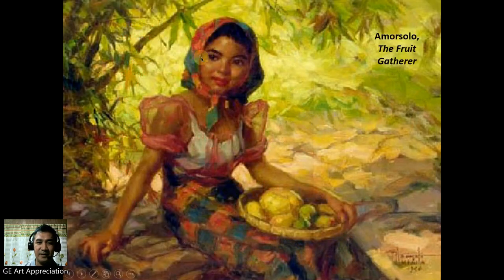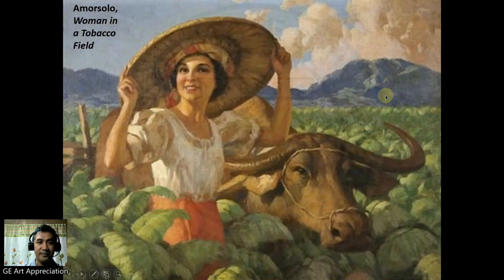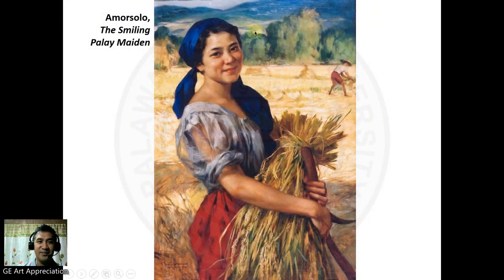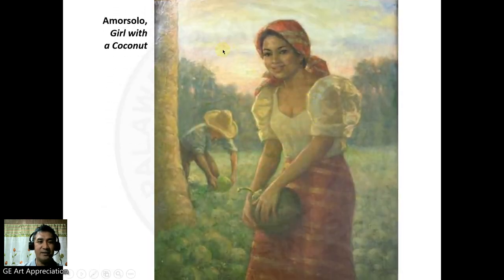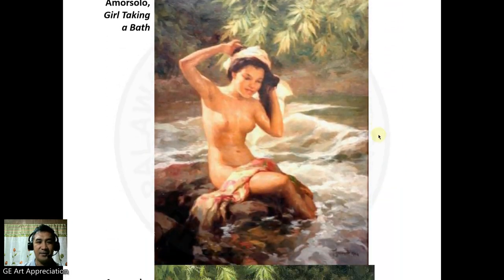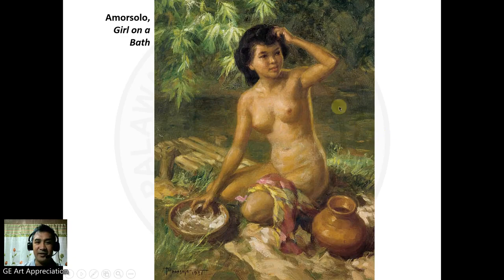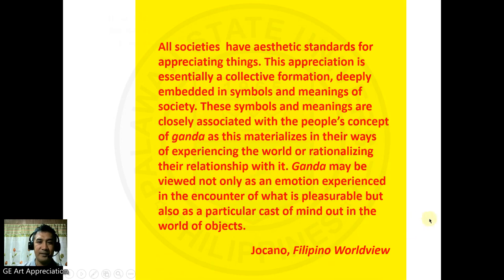Okay, so here, The Fruit Gatherer by Amorsolo, the painting of Amorsolo, The Fruit Gatherer, The Woman in Tobacco Field, The Smiling Palay Maiden. You see, take a look at the eyes. Okay, so the girl taking a bath, the girl on a bath. Okay, the dalagang Pilipina. Okay, sabi dito ni Jocano, the Filipino worldview, all societies have aesthetic standards for appreciating